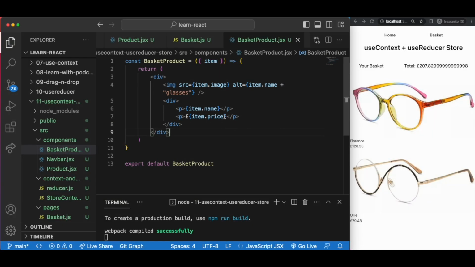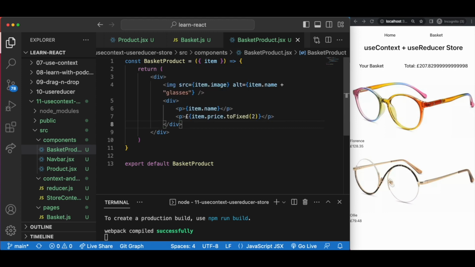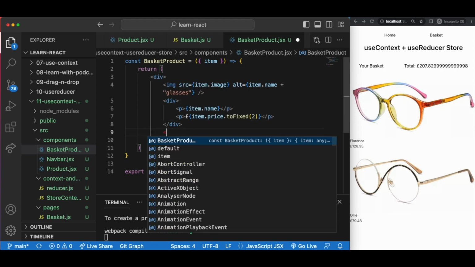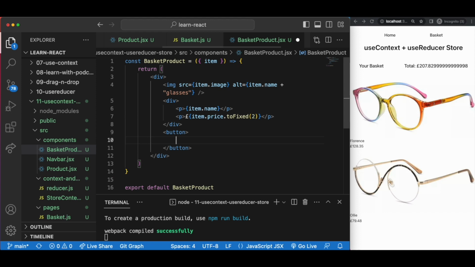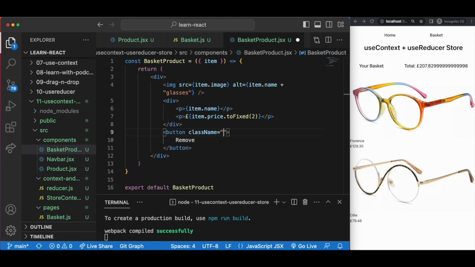To fix the price to show only 2 decimal points, after the item.price, we just need to do .toFixed and then the number 2 in the parentheses. This is for the price of each item in the basket. We'll add this toFixed method to the basket total a bit later because we still got a bit more work to do in this file. For example, we need to add a remove button, add some styling,